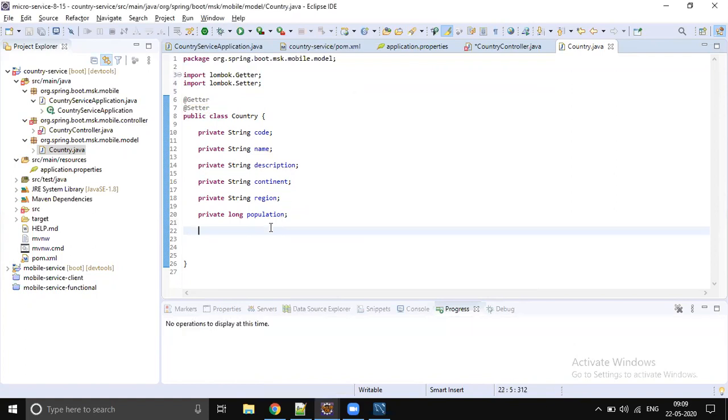This increases the readability, and it's good to use because it will generate the getters and setters in a standardized mode, so no typo mistakes, no problem. Anyway, Eclipse also will do the same thing, but Lombok increases the readability. So going forward, we will be using Project Lombok.